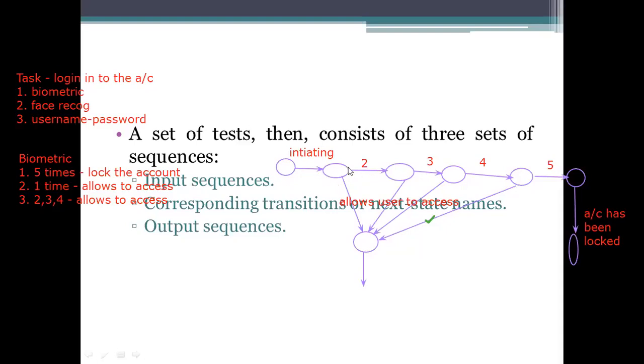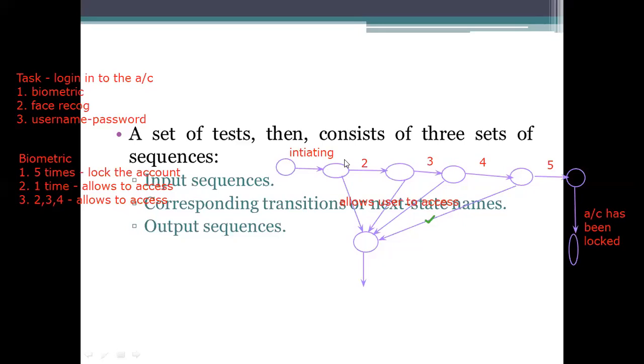So here the output handlers will be: if the biometric you placed is the correct one, the output handler allows moving to the next state, which we consider as allowing access to the account you have. Next, if it is failing, if you didn't place it correctly, what happens there? It is not allowed to access the account, but it gives a chance here. So what is that? The handler tries to take the input again, which means we need to read the input from the sensor again.